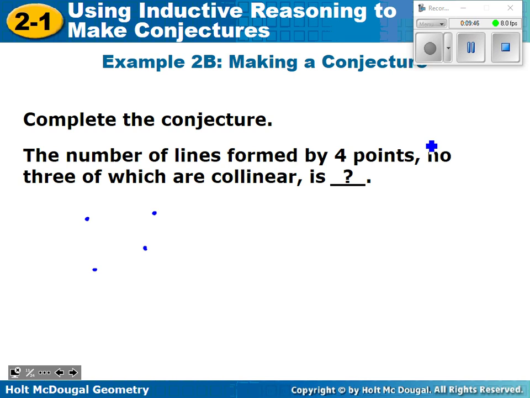Start taking some guesses. What do you think? 2 lines, 12 lines, 6 lines,